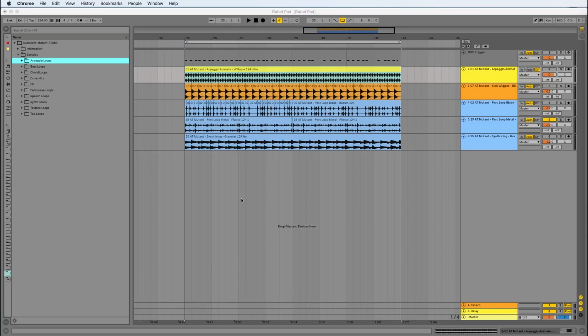In this quick tip, I'm going to show you 3 ways to use loops creatively in your music. So for the demo, I have Audiotent Mutant downloaded, and it's the very first addition to our modular series. All of the sounds you'll hear are made entirely from the Mutable Instruments Plaits macro oscillator and processed in our